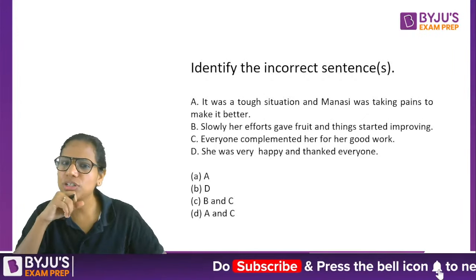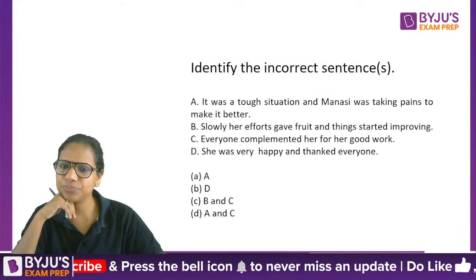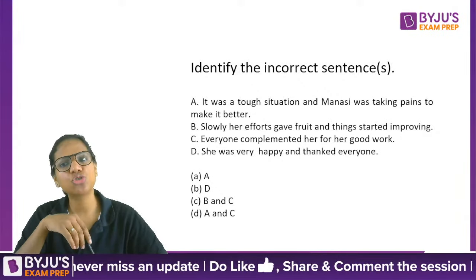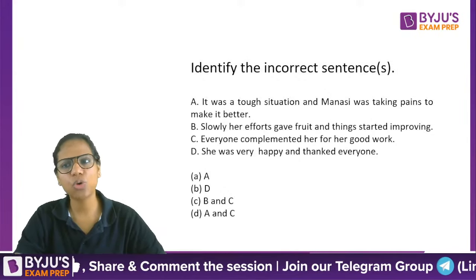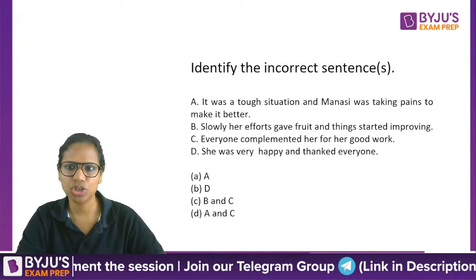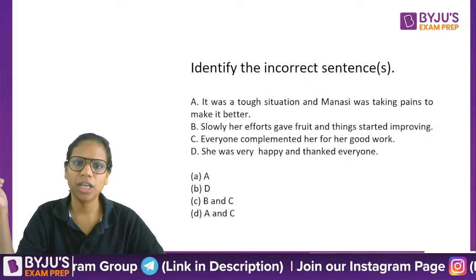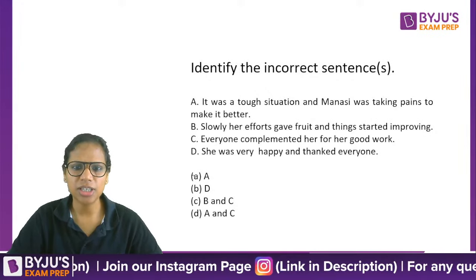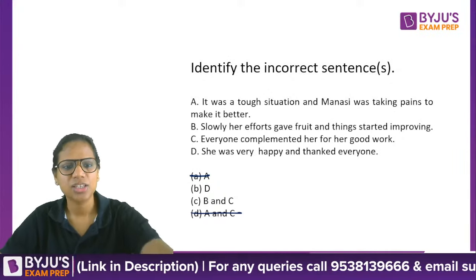It was a tough situation and Mansi was taking pains to make it better. What is wrong with this? To take pains means to make efforts. This is fine. It was a tough situation and Mansi was taking pains to make it better. She was trying to make it better. She was making efforts to make it better. A is fine. No error. So actually A and D are eliminated. Now, slowly,